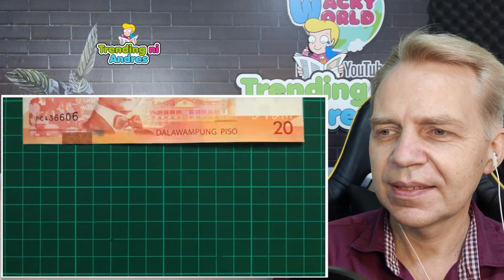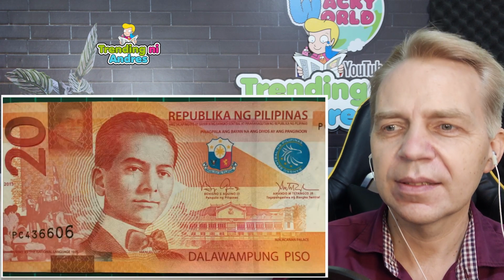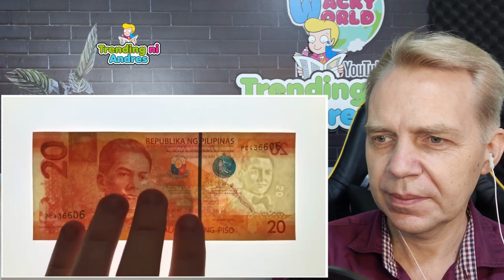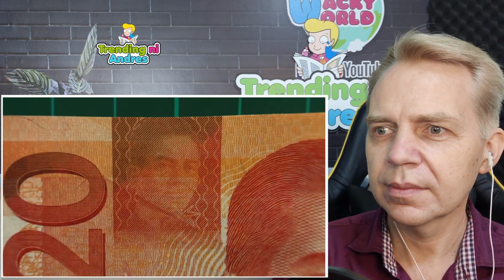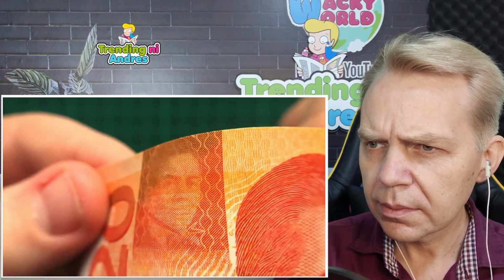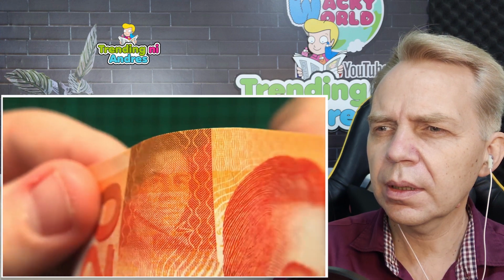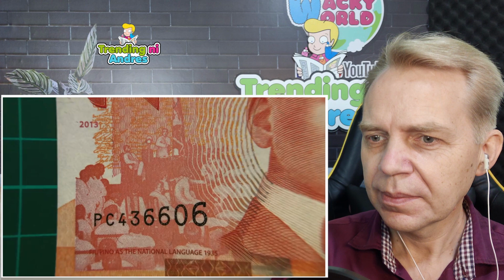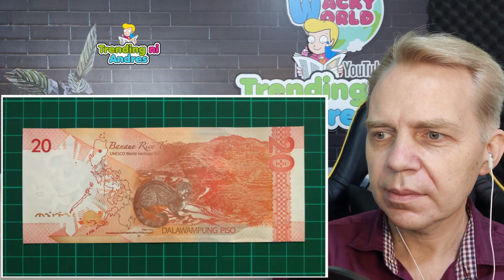Right. Anyway, let's begin with the lowest denomination, the bright orange 20 peso. It sees the country's second president, Manuel L. Quezon, who also appears in the watermark and again in this box on the top left. There's also this cool tilt effect up here, where if you tilt the note and get the angle just right, you can see the number 20. Oh, yeah. The background features a Malacanang palace, plus a historical scene of when Filipino was declared the national language in 1935. The reverse sees an Asian...